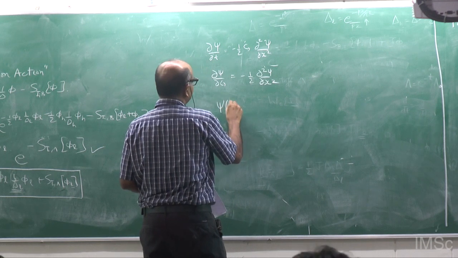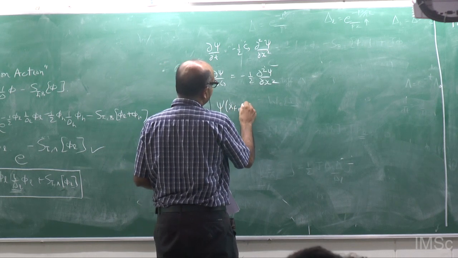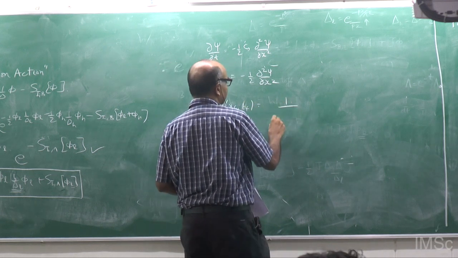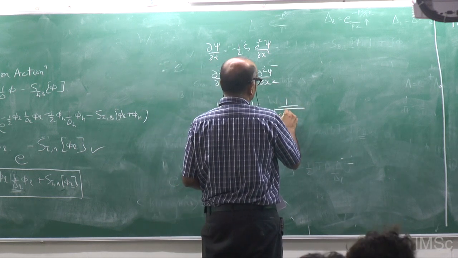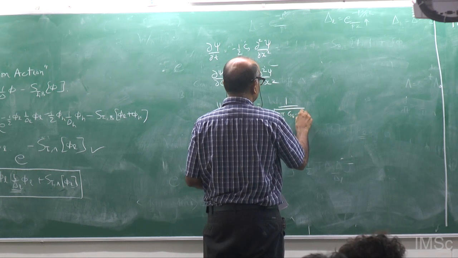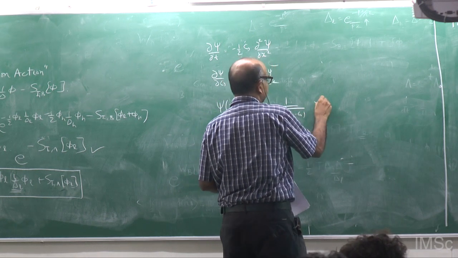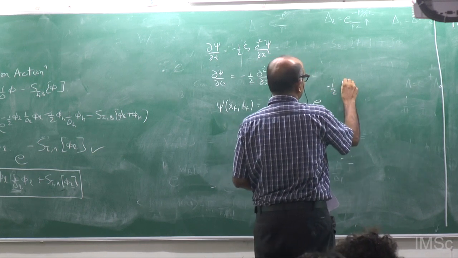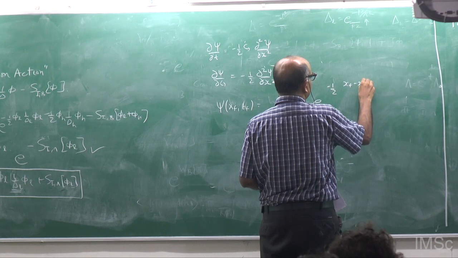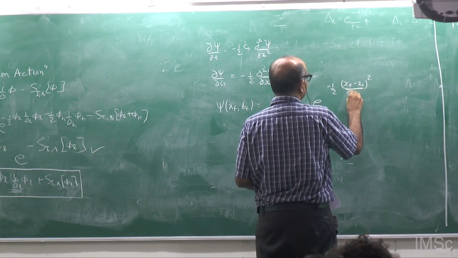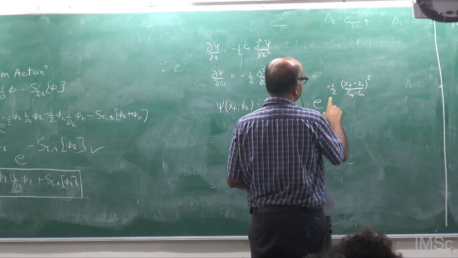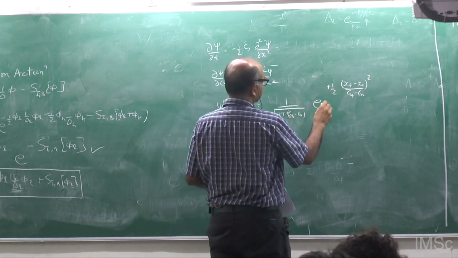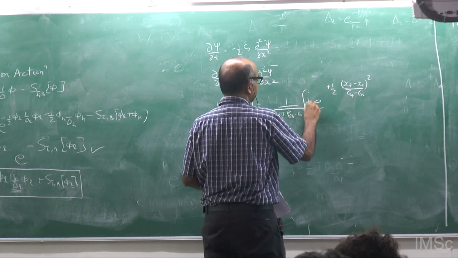So psi at x_f, call it G_f or t_f, doesn't matter, is 1 by square root of something like this, G_f minus G_i, e to the power of minus half x_f minus x_i squared by G_f minus G_i. I have to check the sign. I think it's plus. Yeah. Now times dx_i